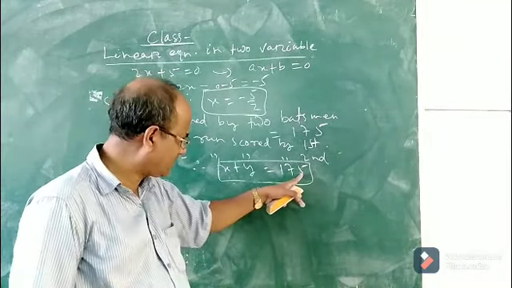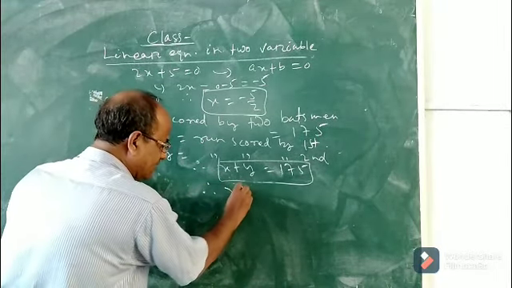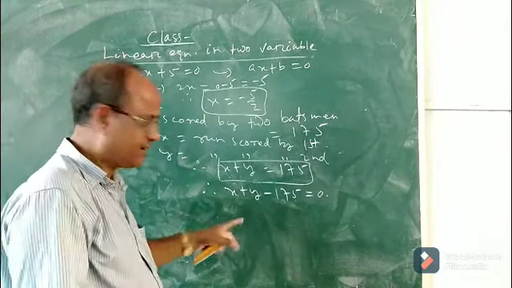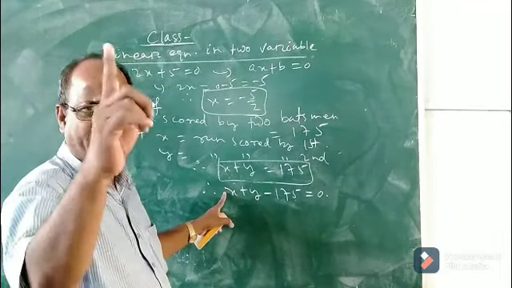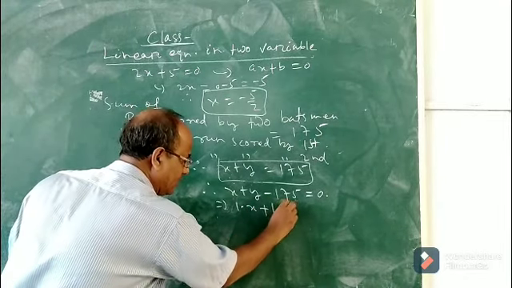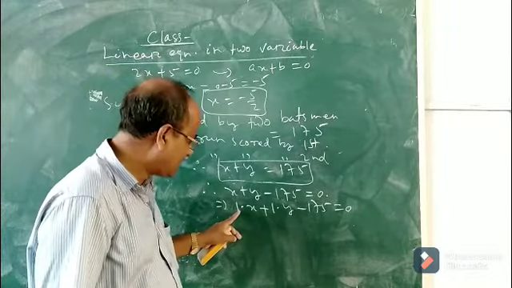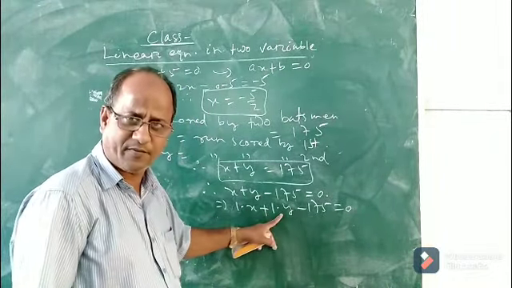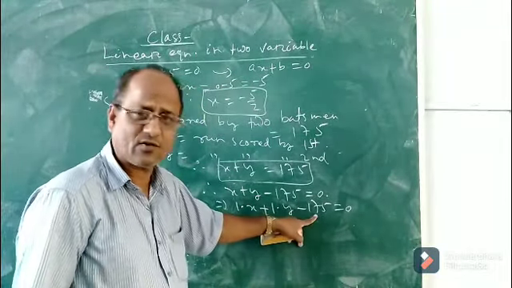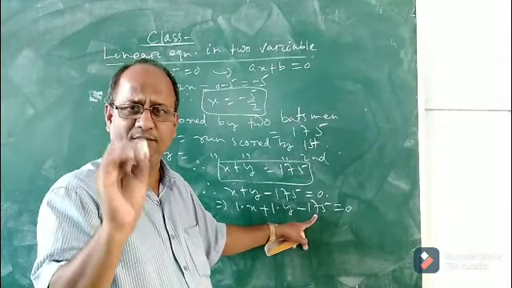Now let us bring 175 to the left hand side. So what will we get? We will get x plus y minus 175 equal to 0. See, children, now what is the coefficient of x? It is 1. So we can write 1 into x plus 1 into y minus 175 equal to 0. Now, instead of taking 1 and 1, I mean the coefficients, if these two coefficients and this constant term are denoted by some symbols, say A, B, C.